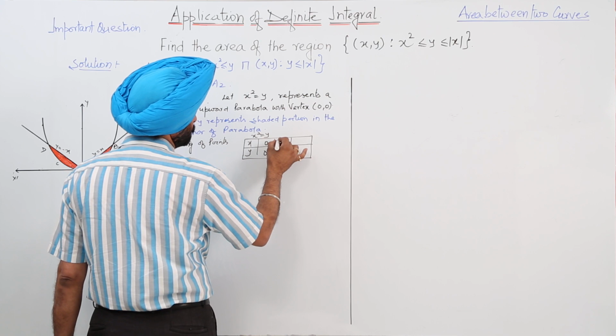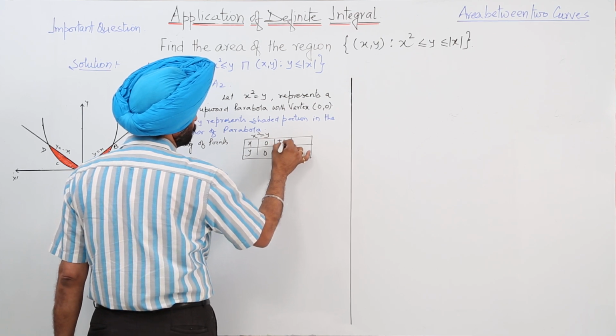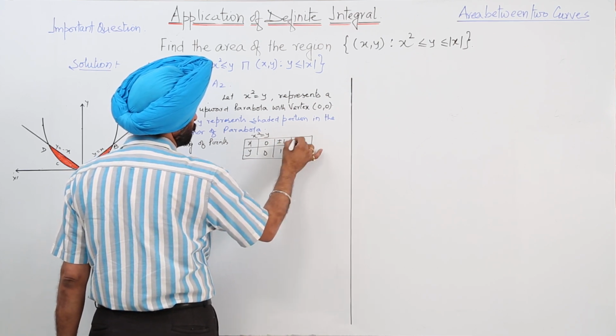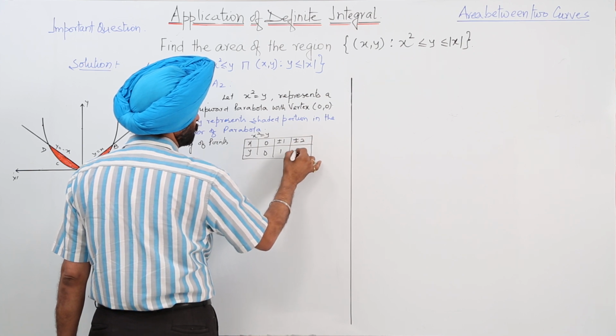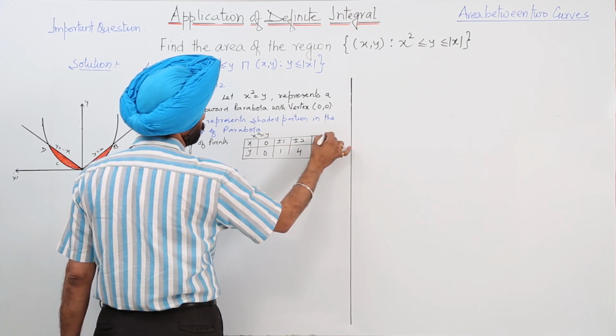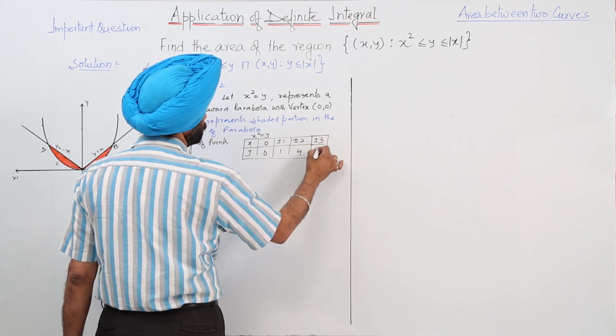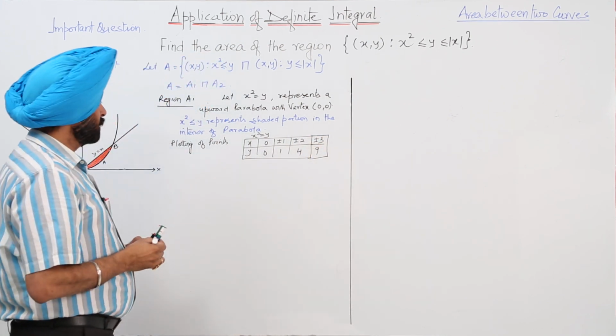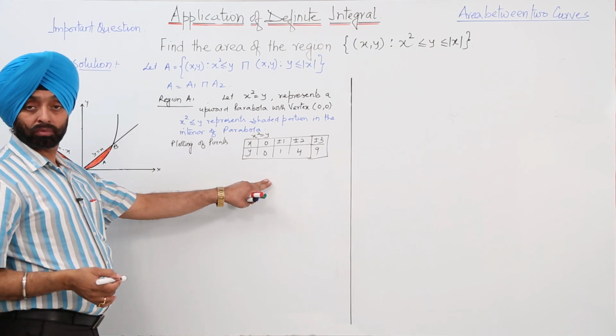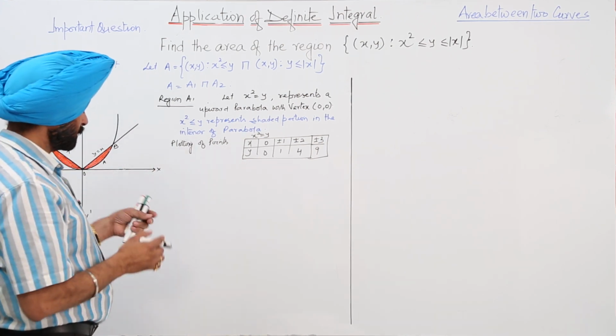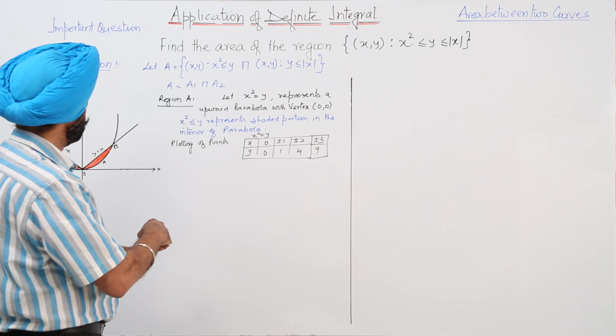Now when x is plus minus 1, y is 1; plus minus 2, y is 4; plus minus 3, y is 9. So with the help of these coordinates we can plot a graph. Now